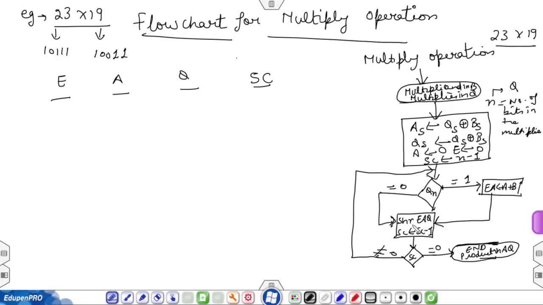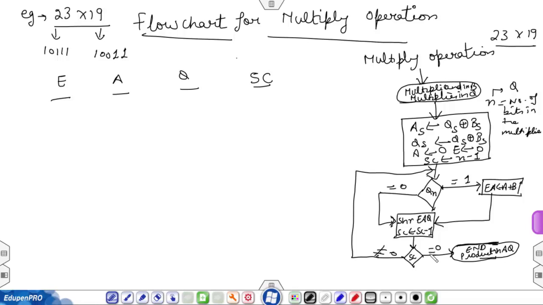Here SHR denotes the shift right operation. After performing the addition of A and B, the content of E, A and Q will be shifted one position to the right and the sequence counter will be decremented by 1. After that the sequence counter will be checked.